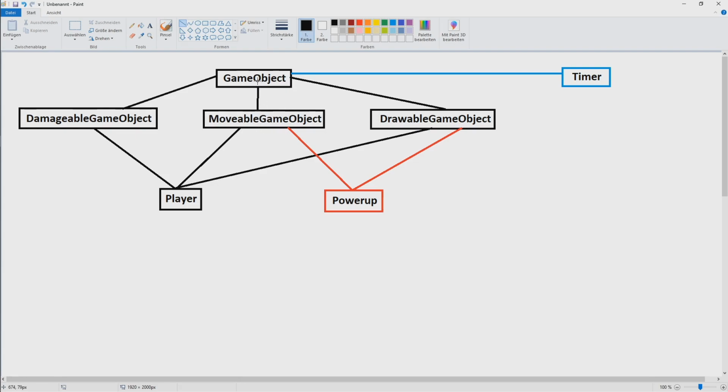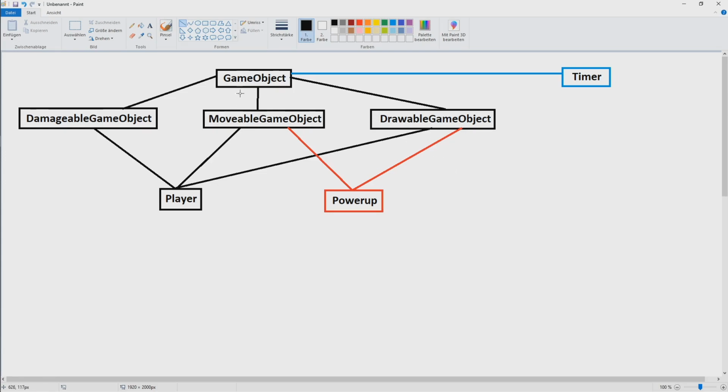So the game object usually has most likely a render method or an update method. It gets then overwritten in the movable game object, which calls the code from the game object but has its own code. Then we might have some game objects which can move and also need to be rendered. So we might have then a drawable game object to draw things, and then maybe the combination, the movable drawable